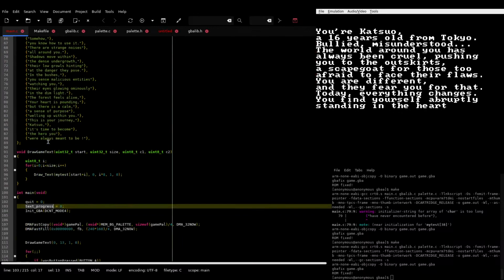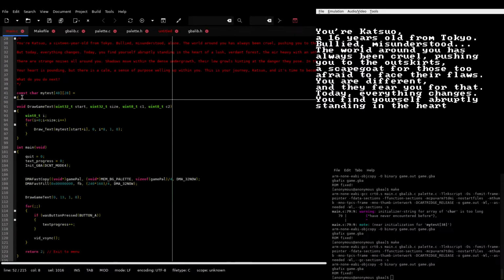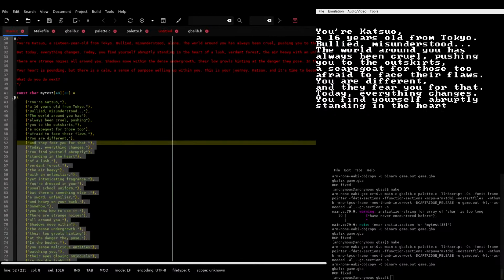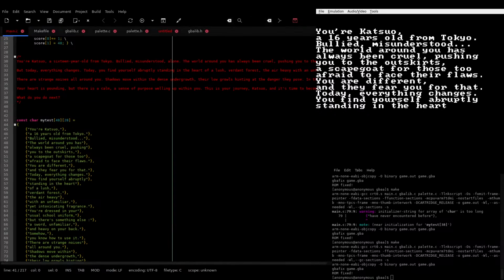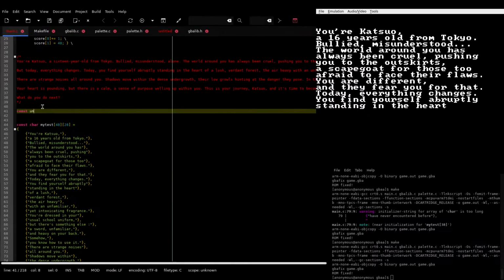Alright, so I will have to, as I said earlier, have another array for that. So basically what this array will do is action text of